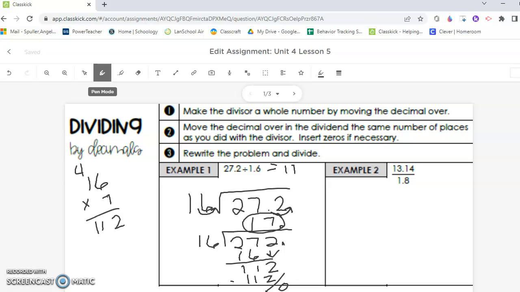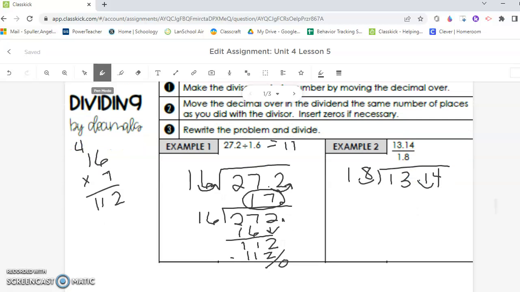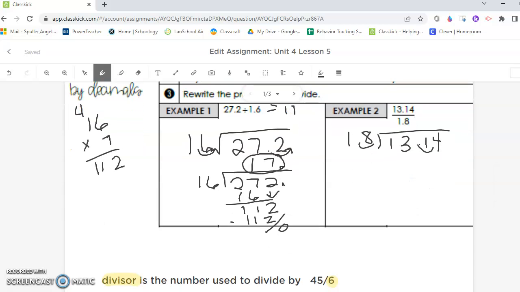All right, so let's do this. 13.14 divided by 1.8, a horrible one. Move it over one, move it over one. So our new one is 131.4 divided by 18. Well, 18 can't go into 13, so let's see, 18 times